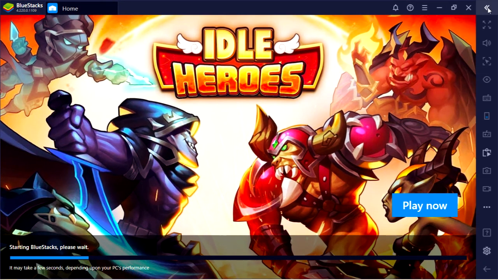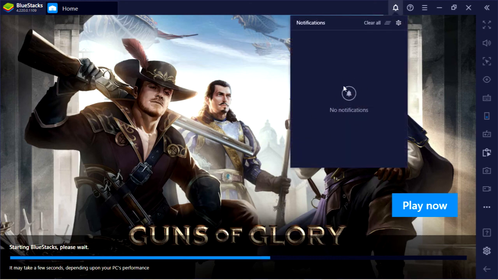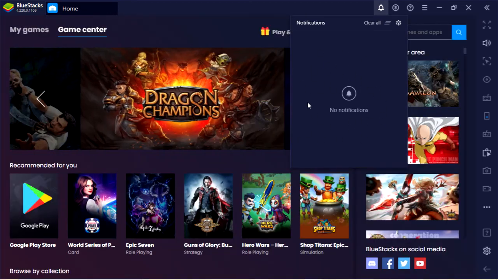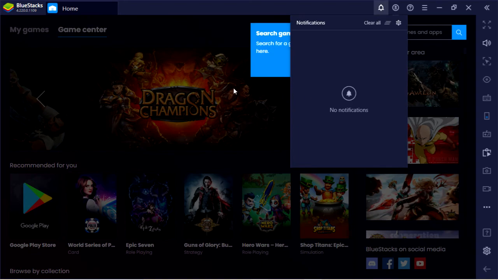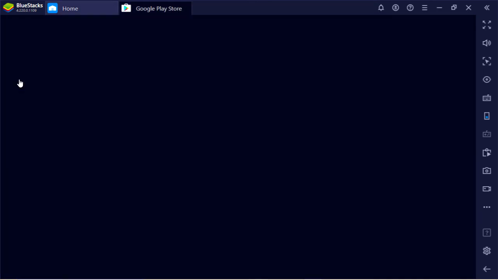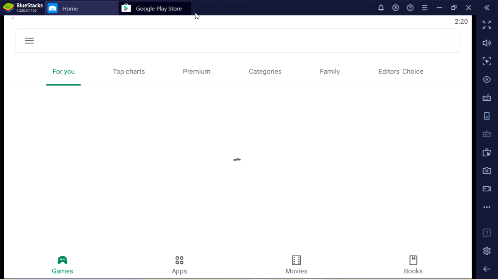If you want, put the RAM as it is, because if you have a low RAM PC, it will not work. If you have 4 GB RAM, it will work. Games will work, everything, but it will keep giving you notifications. If you have Chrome opened and this one opened, it will give you a notification that you are low on RAM. So now you can just download any app you want, and you have the same account on your mobile and on your computer.